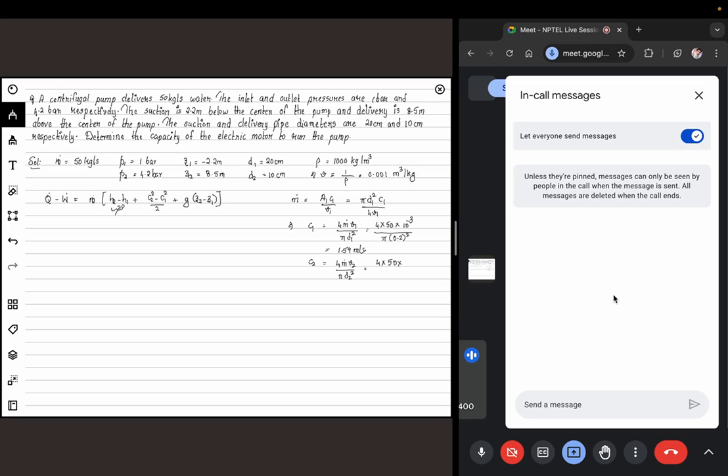Since water is incompressible, the initial and final densities are going to be the same, so specific volumes are also going to be the same. And we are assuming it is insulated. So we have